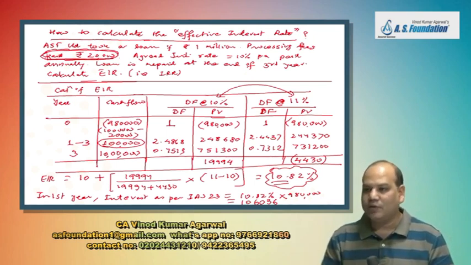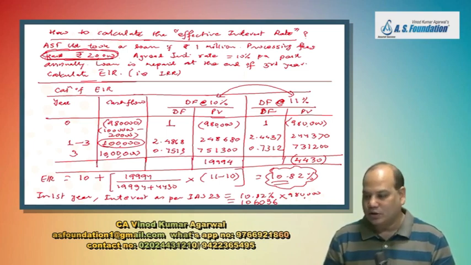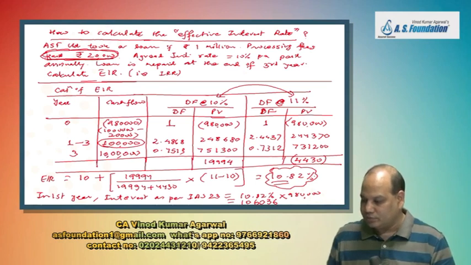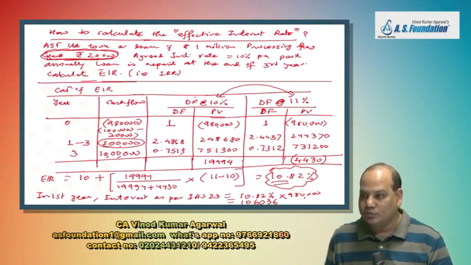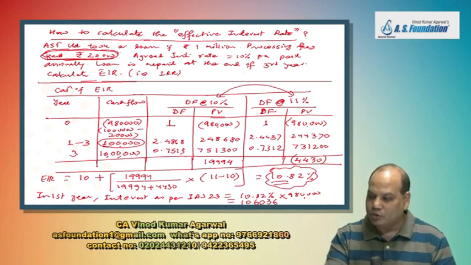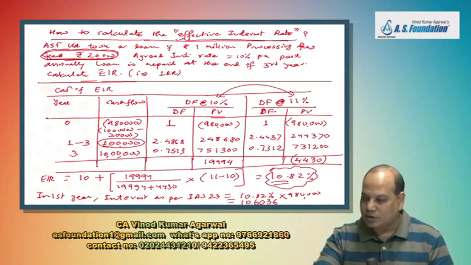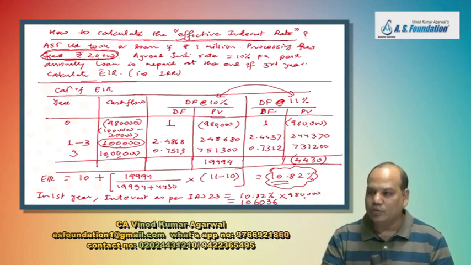Okay. Second year figure will change. But that is not our discussion right now. Don't worry. More about this interest calculation you will learn in IFRS 9 and IAS 32. Have you noted the example? So in your exam, as I said, EIR will be given to you for every borrowing. If not given, then you will have to calculate like this.